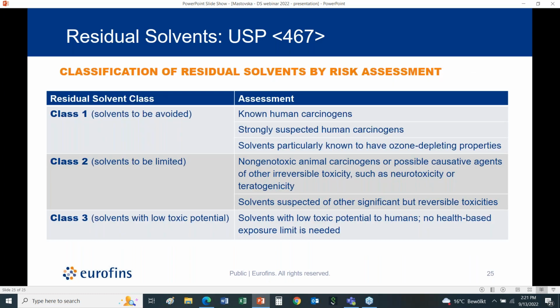The USP 467 provides classification of residual solvents based on their risk assessment into class 1, which are solvents to be avoided, class 2, solvents to be limited, and class 3, solvents with low toxic potential. And for each of these classes, the chapter provides a list of solvents with limits, which are used as specifications for testing. So that was just briefly